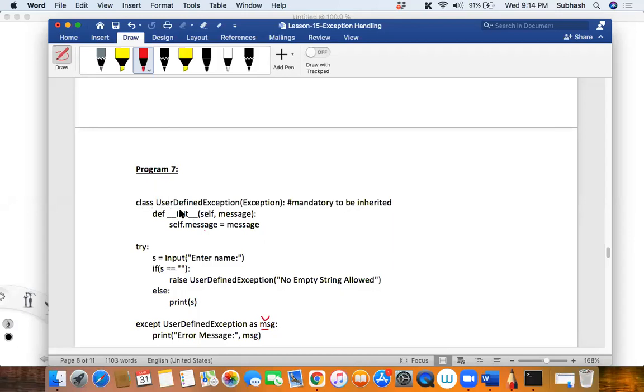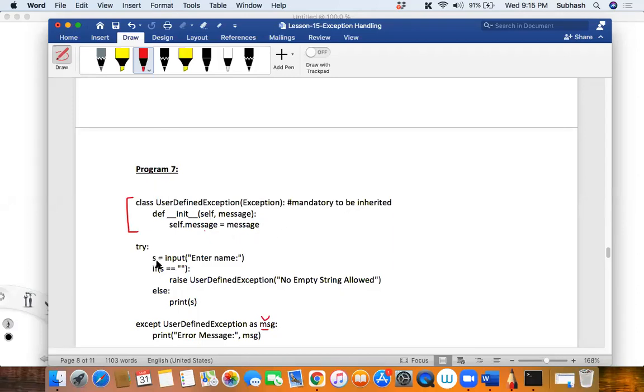See here, I've used the class name here. So this is called a user defined exception. Clear? So it says if I want to create my own user defined exception, then it is mandatory that I inherit from Exception, because Exception gives me a lot of utilities, so that I can handle the exception properly. Clear or not? I see a little bit of thinking is needed from your end.